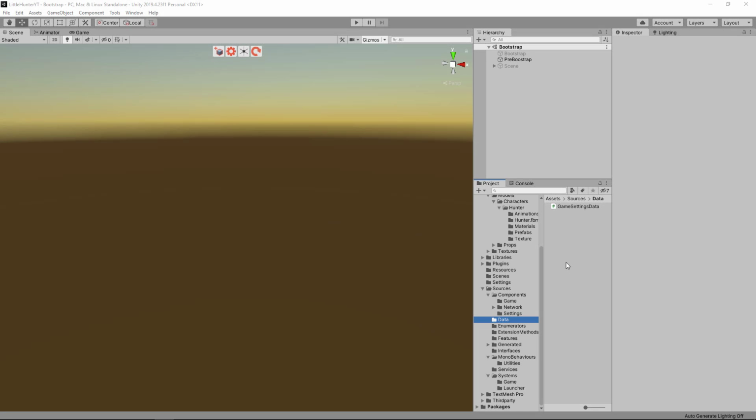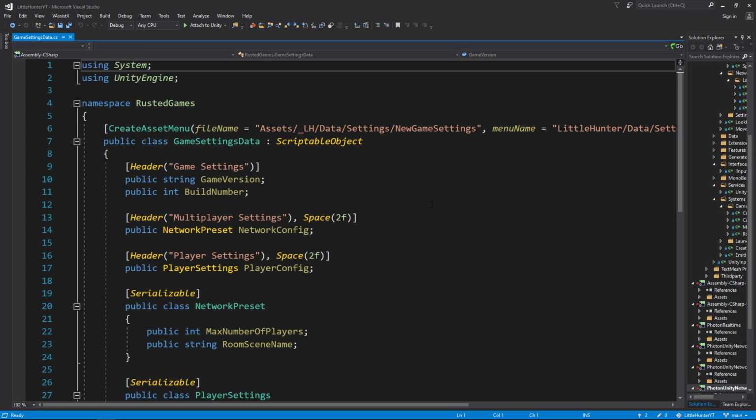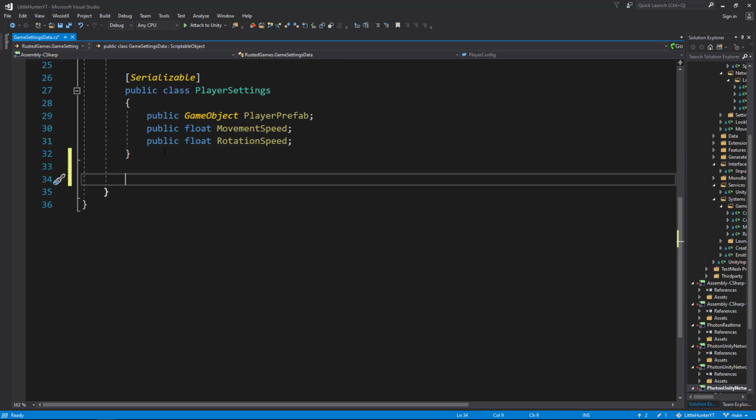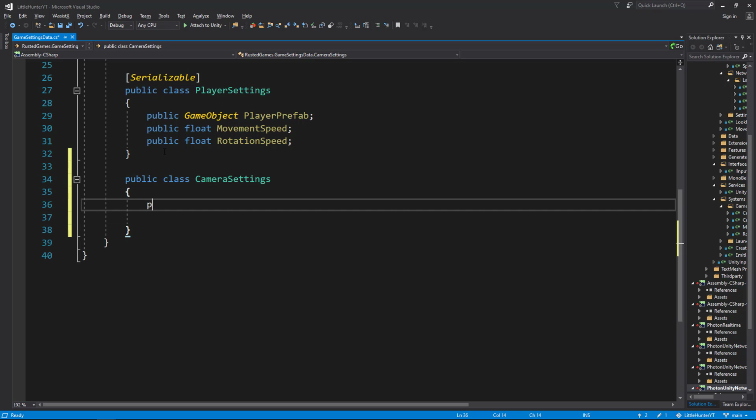Hello everyone, let's continue by adding functionality to the camera to follow the player and rotation. So let's start by opening up the game settings data script to add several variables for the camera settings. So let's create a new class, camera settings. Let's make a public float camera look speed,